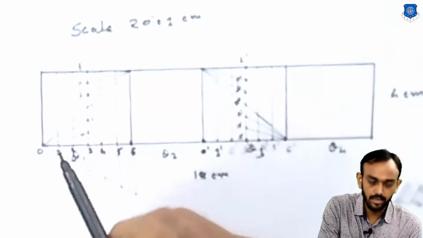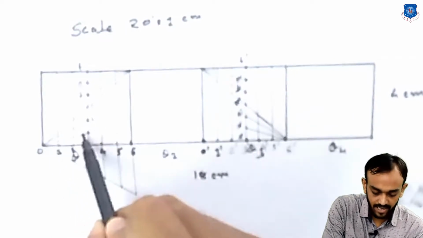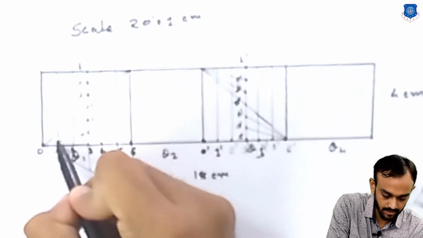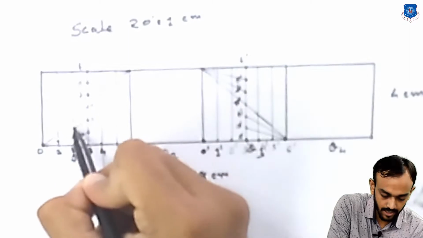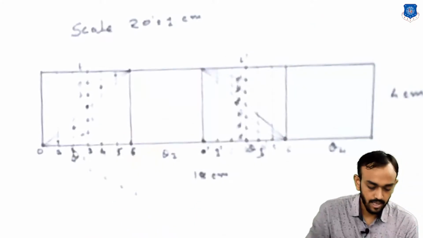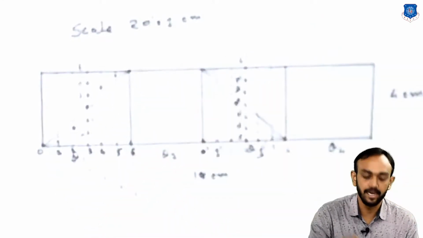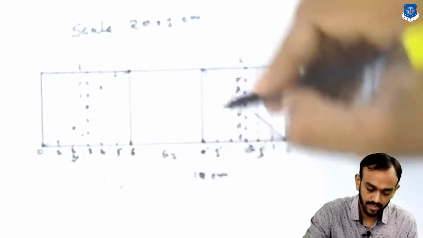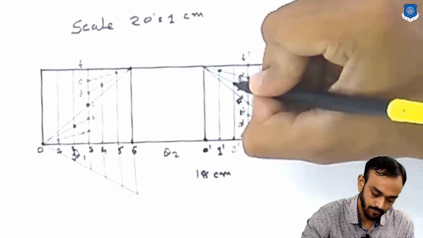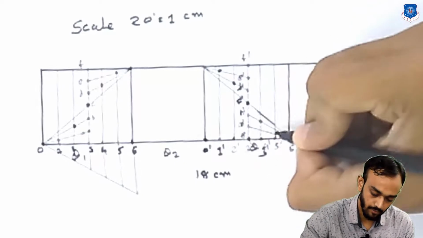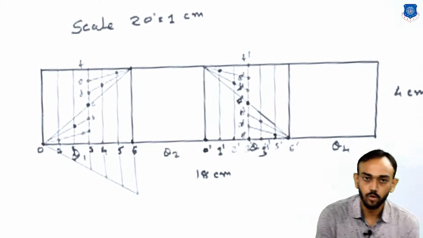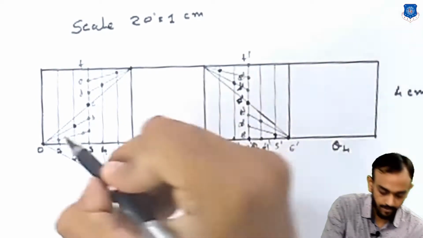Now we have to locate the intersection of this inclined line and vertical line. So check this, our first point will be here, second you can see the inclined line, and this will be our second point, inclined line and vertical, this is the point, third point like this, and when you draw the line from these points you will get the uniform acceleration for the rise. And the same you can see, this is our first inclined line and our vertical line, this is the intersection point here, this is the third point, fourth, 5, this is the end. So now you have to draw this curve here very gracefully.